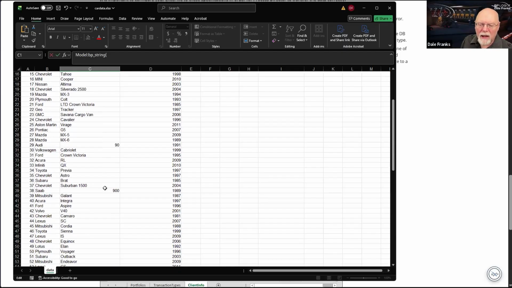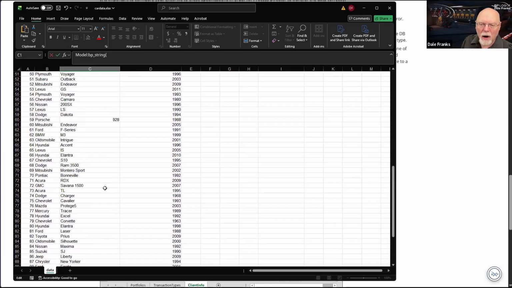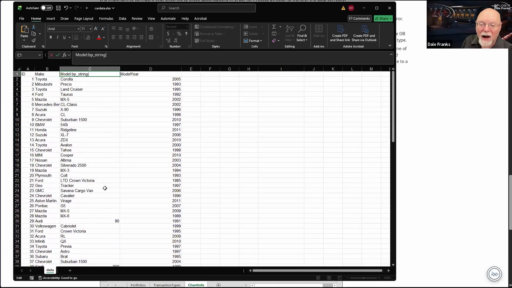So I don't think that any of our car models are probably more than 25 characters. Let's see, LTD space CROWN space VICTORIA. Okay, well, that gets me to 18 characters. Let's be safe.